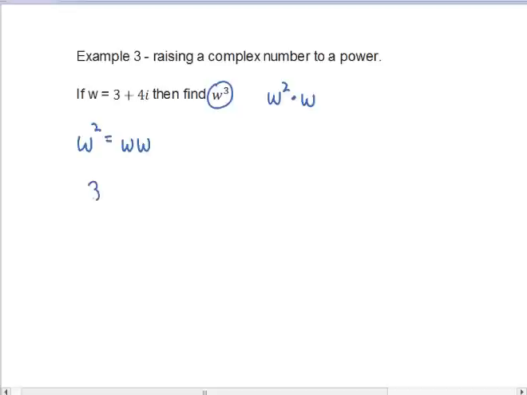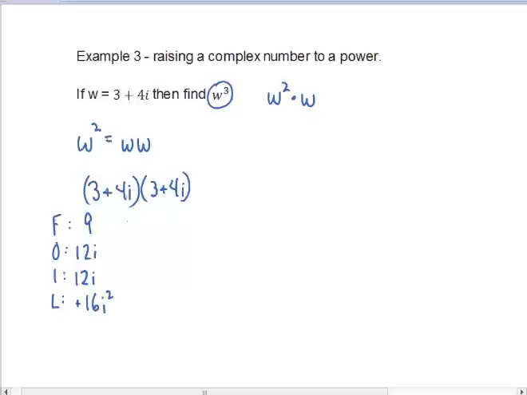So we'll write out 3 plus 4i, and we'll multiply it by 3 plus 4i. As a result, we do our foiling technique, which is not a hard technique, but we've got to remember that we have one extra step after this. So when we foil it, the first is going to be 9. The outer is going to be 12i. This should all be kind of review because we did this in the last video. The inner is going to be 12i, and the last is going to be